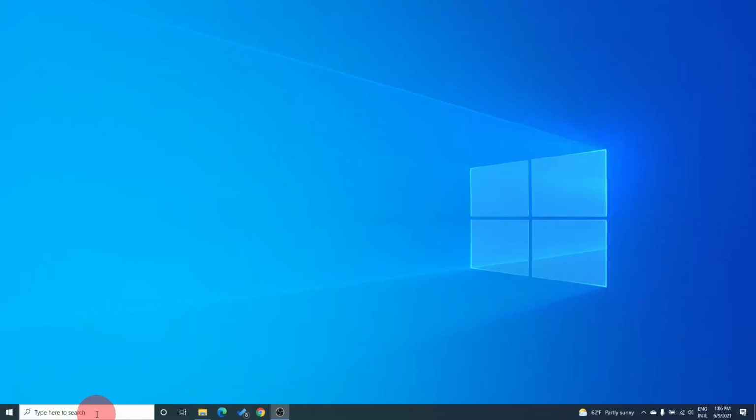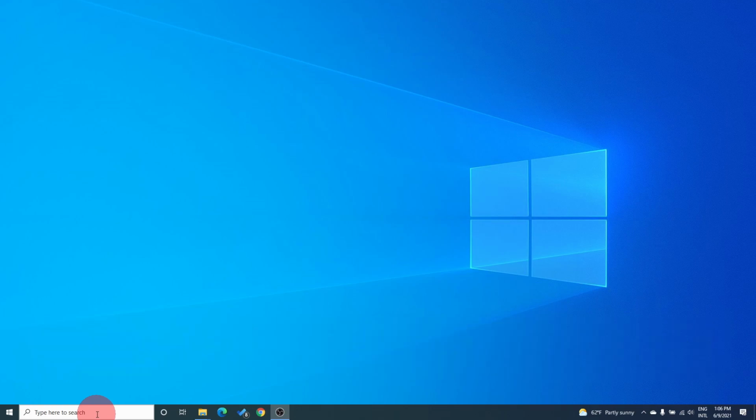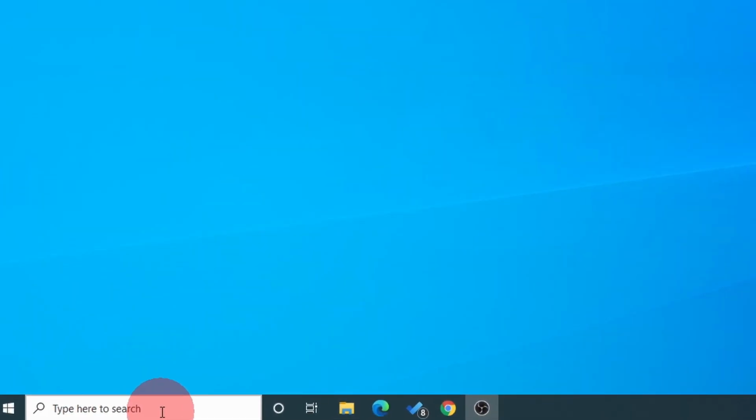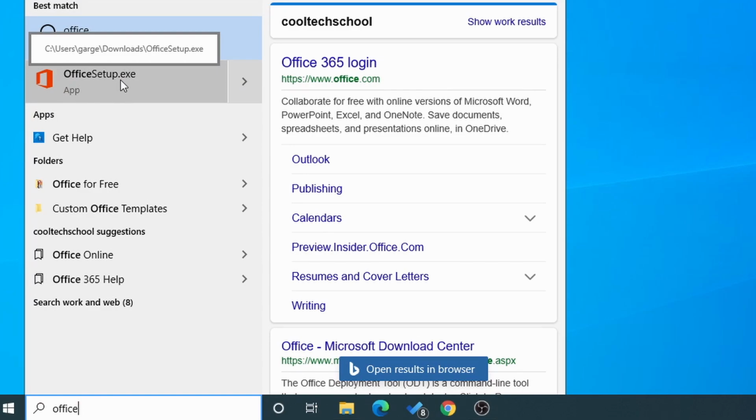Let's get started. The very first way of accessing free Microsoft Office apps is through the inbuilt Office app in Windows 10. To access your Office app, go to the search box in the taskbar and type Office. Chances are when you type Office, you will see the Office app pop up right here. For this video, I have uninstalled my Office app so I can show you from scratch. So if you see the Office Setup exe pop up in this search, you can run it,